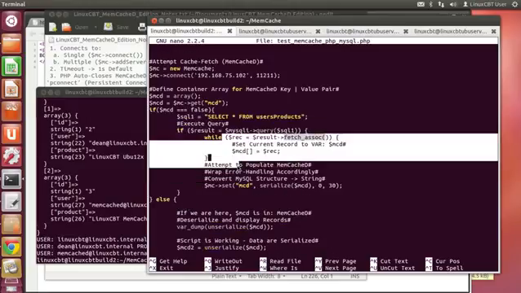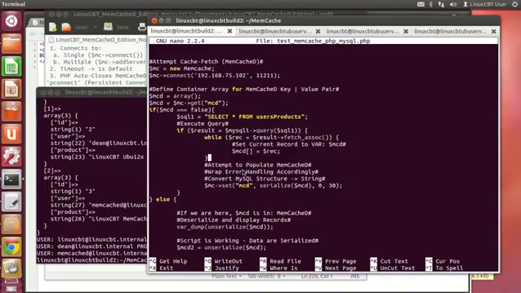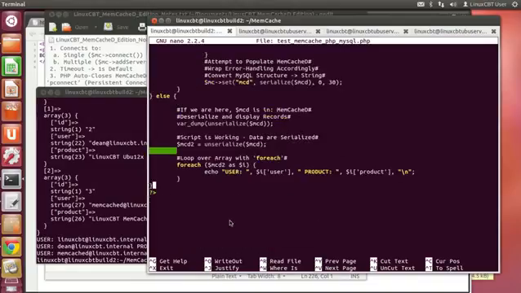Now, this could just be an include. You could have an include here from another file to do the code for you. And of course, certainly keep your credentials out of this file. Do an include from another file. And again, if we're in this block, then that means the data exists in